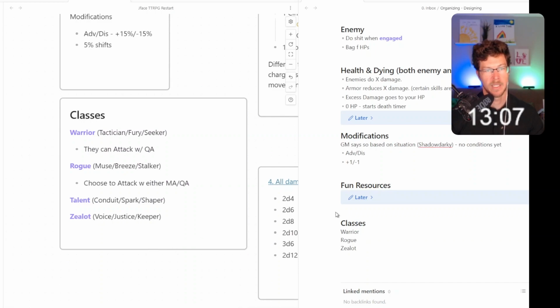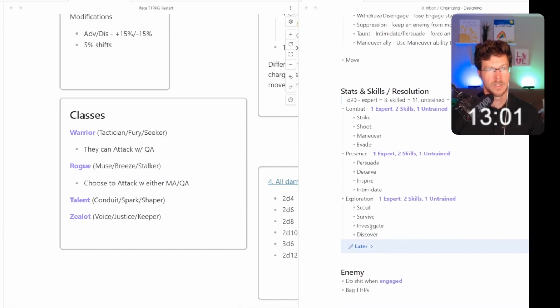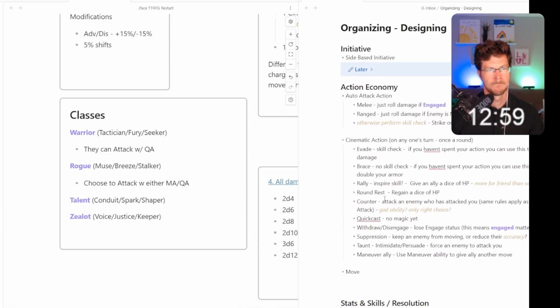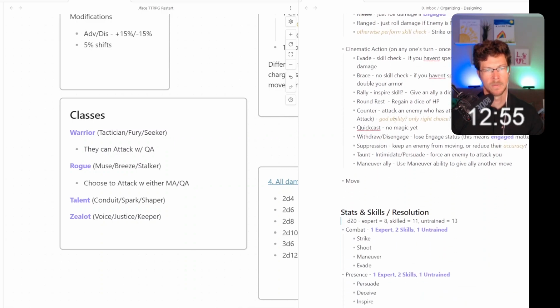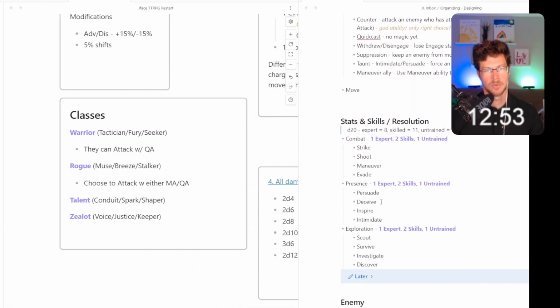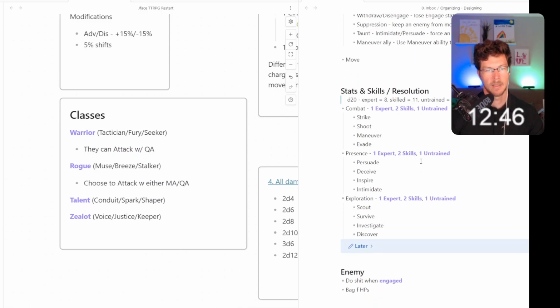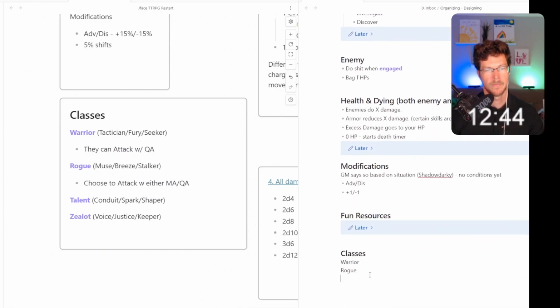Even though zealot would technically have magic. Let's just do warrior and rogue. Screw it. That's all we can do. You know what? We don't even have to build classes yet because we're not going to build any powers. I can just do this and change which one they're an expert in and which one they're not. And based on that, that will give us a vibe for different classes.